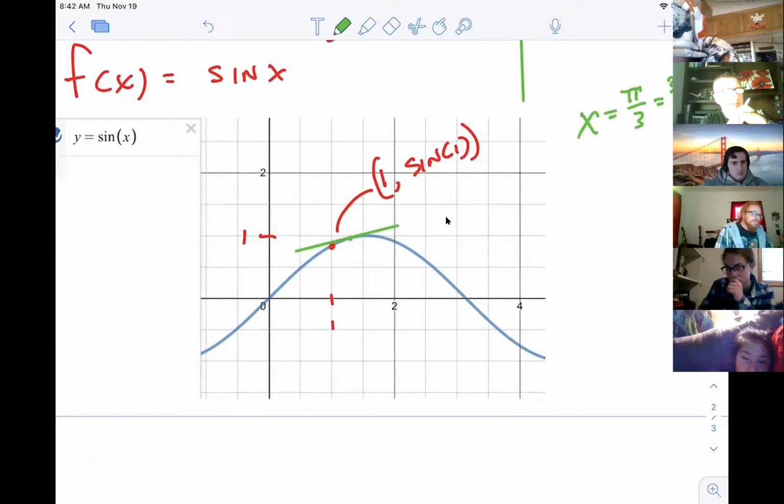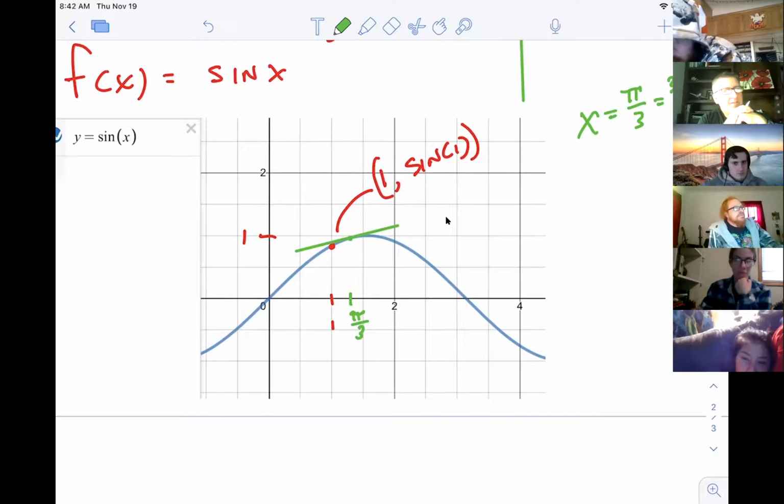So if I can find the equation of that line, and you should be able to see I'm exaggerating. That point is actually a lot closer to the red point than what I drew. Since I can know everything about that green point,